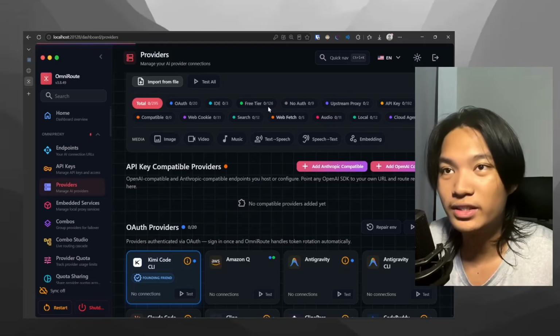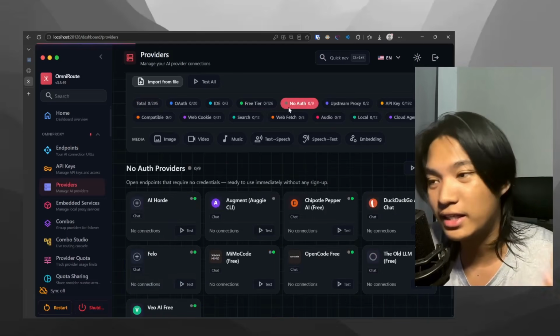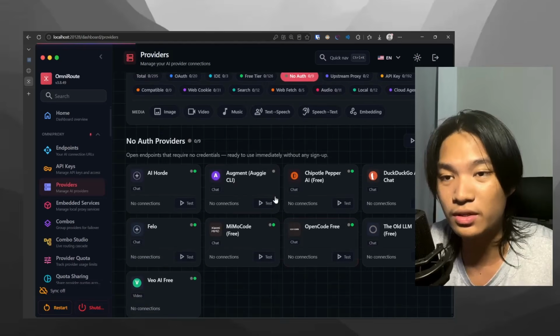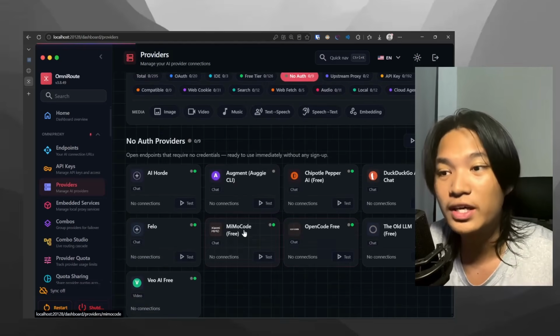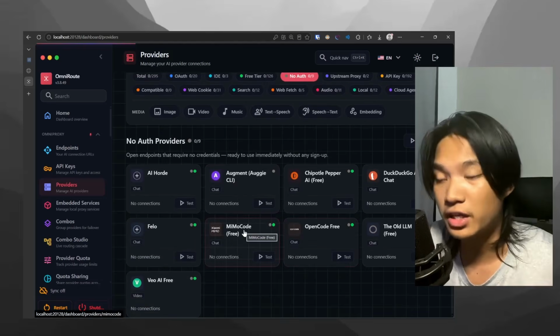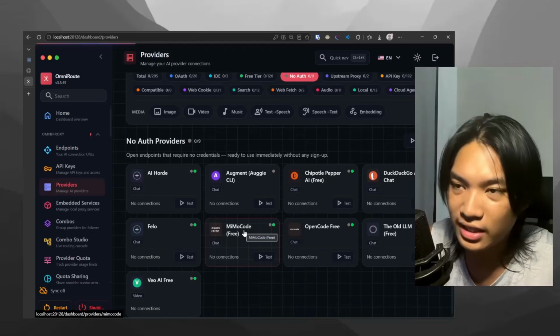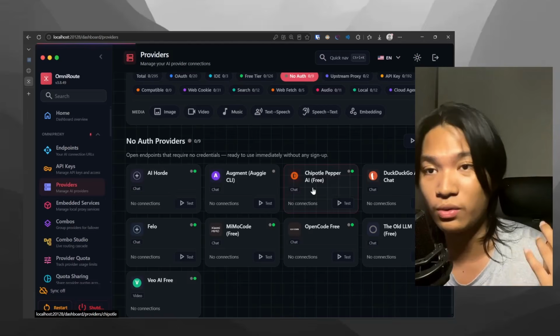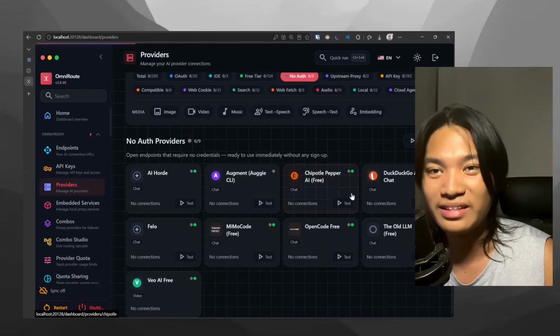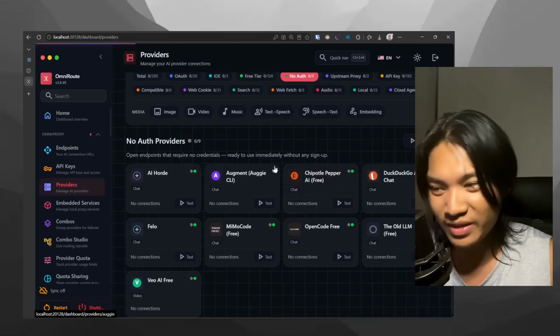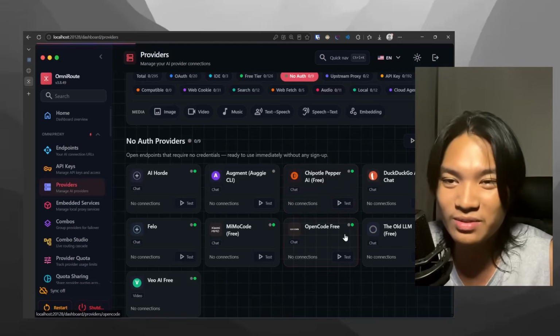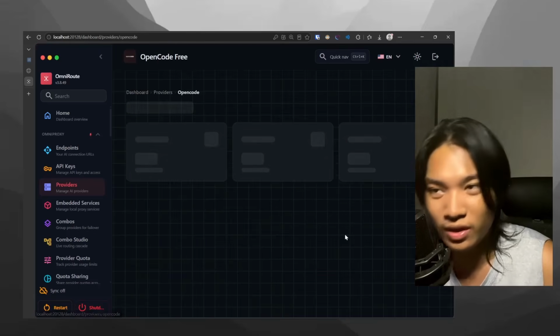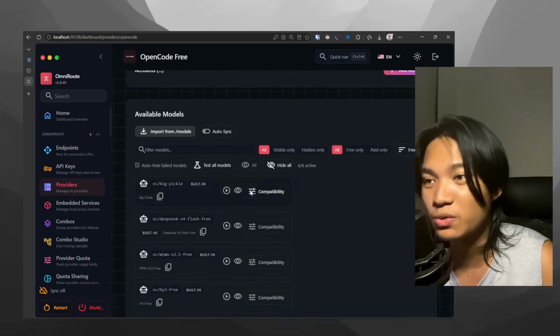I do think the free models that I am only going to use here is the OpenCode free. As you can see, Mimo Code is not free anymore. It expired last week, but it's still here. Who's even using DuckDuckGo AI chat, Chipotle, Pepper AI, Augment? I don't know those providers, but the only thing we want here is the OpenCode and the new DeepSeek V4